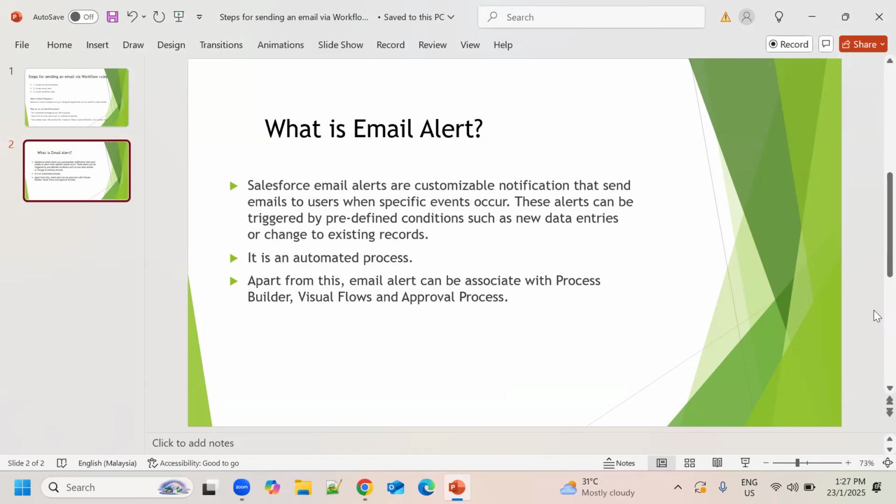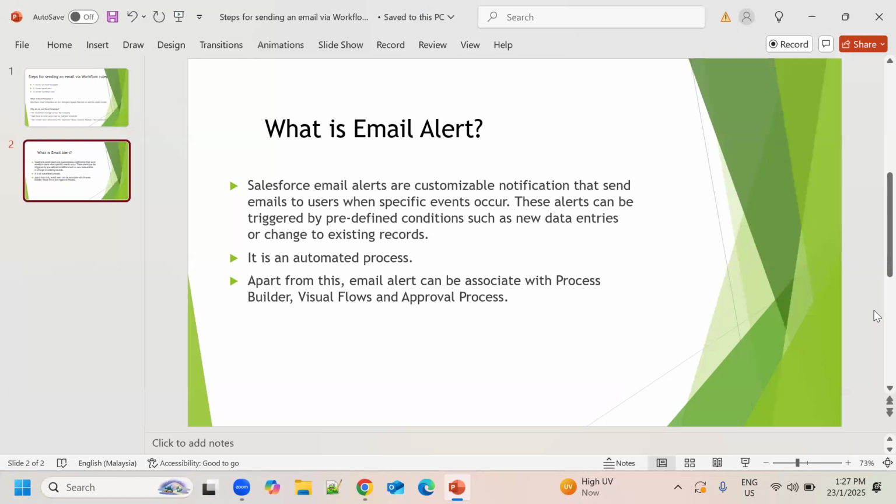Right? So this is an automated process, in which emails are generated by an automated process and sent to designated recipients. In simple words, an email alert is just a process of sending a mail, which we have created, to a particular customer or to multiple customers.